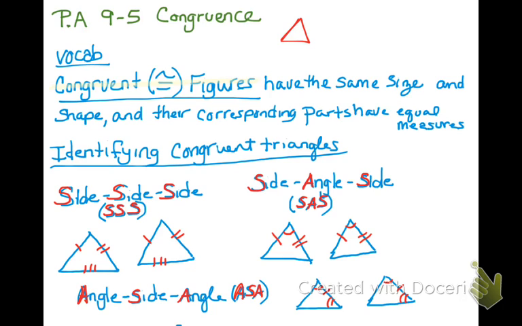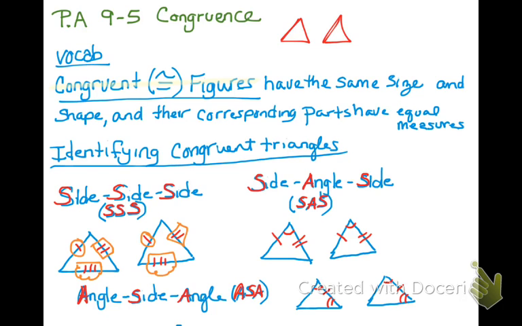So when we're doing congruence, we're discussing two of the same kind of congruent figures, meaning two triangles that look alike. And we're going to discuss how to see if they are congruent. There are three ways of looking at it. You can identify congruent triangles. There's the side way, which we call SSS, instead of writing out side. That means each side corresponds. Notice on the triangles underneath, you have one mark and one mark. That means they correspond to each other. The two-lined and the two-lined correspond to each other. And the three-lined correspond to each other. So that means that they are